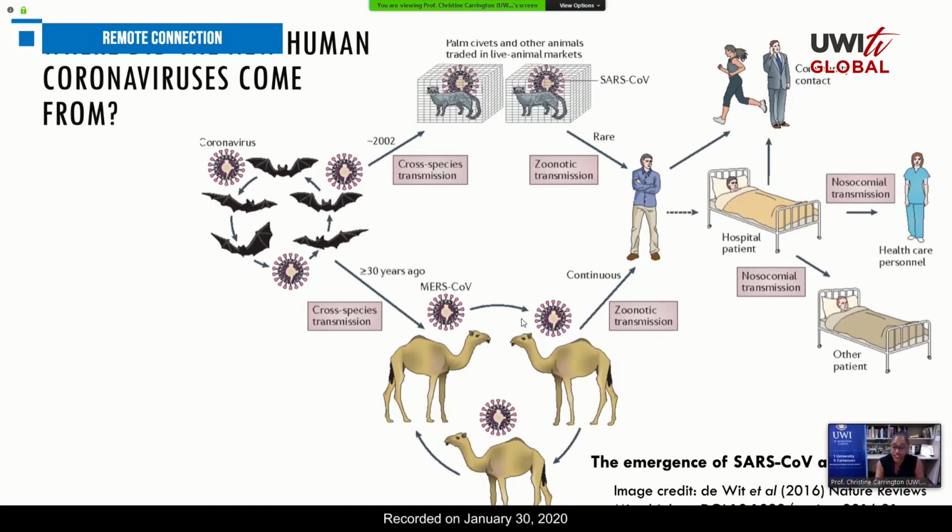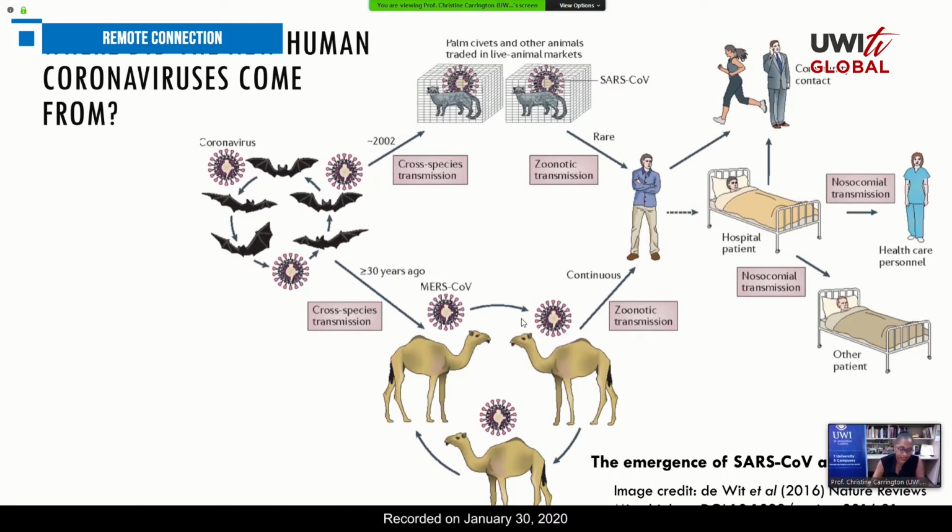So the coronaviruses, I should say, are RNA viruses, and they're very well known for their ability to jump between different species. Both SARS coronavirus and the MERS coronavirus are examples of coronaviruses that recently jumped from animals to human populations. Now, the keen-eyed amongst you, when I showed you that slide before with the list of coronaviruses, would have seen bat repeated several times. This is because bats harbor the greatest diversity of coronaviruses, and it's thought that all coronaviruses originally came from bats.